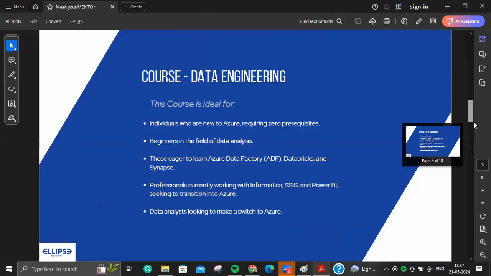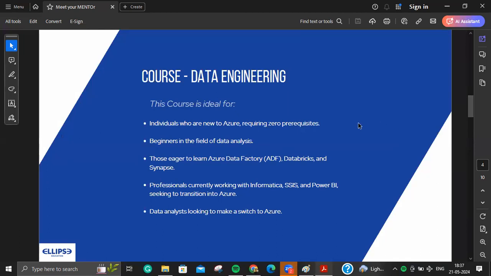The prerequisite for this course is zero. It's the first course which I recommend, in which you learn about all the tools and technology. And ultimately the motto of this course is that after doing it you can work directly in Data Factory, implement projects, and move pipelines very easily. In Databricks, you can do some basic stuff, and you can also work in Synapse Analytics very easily.